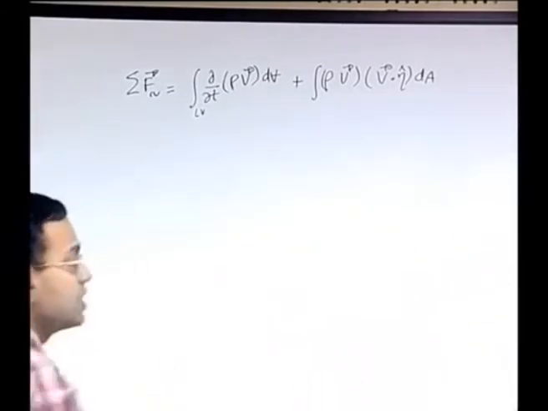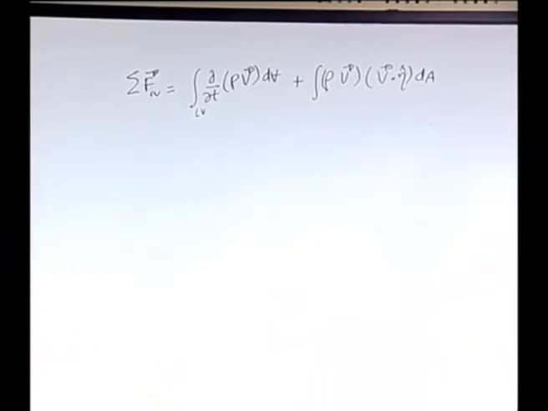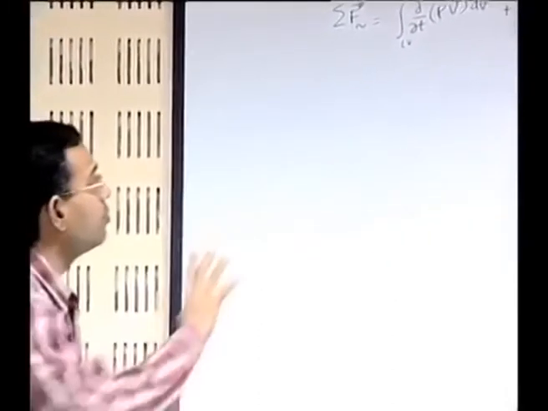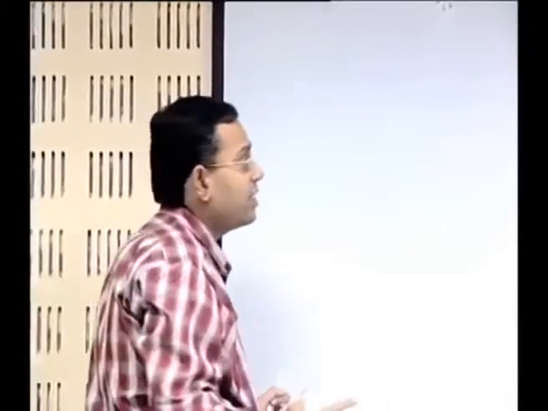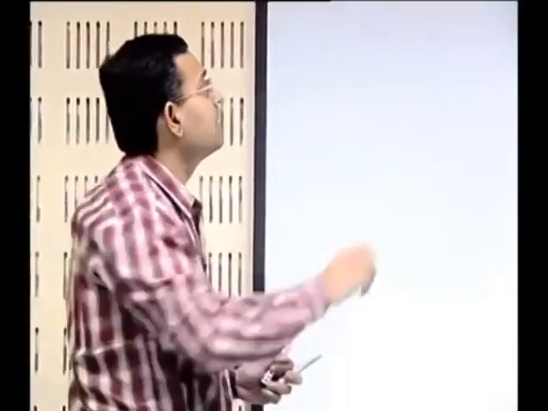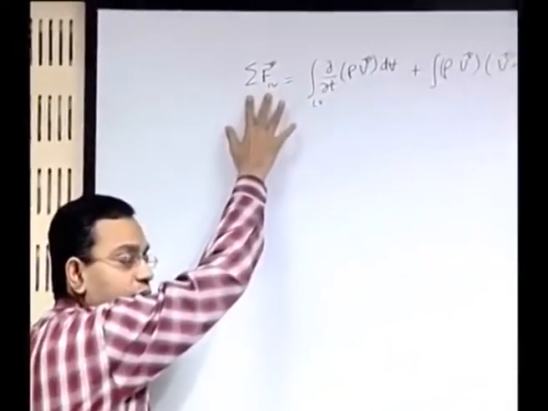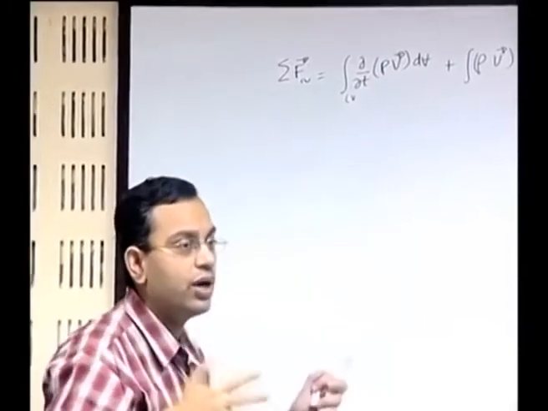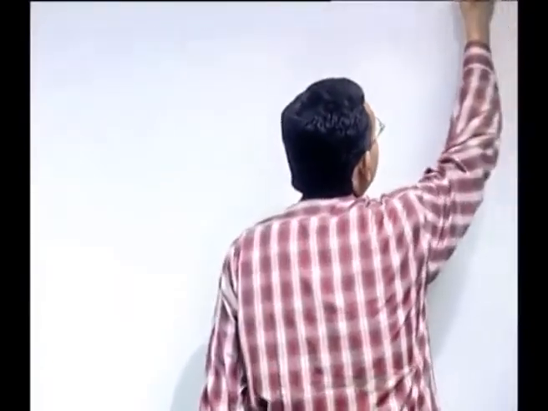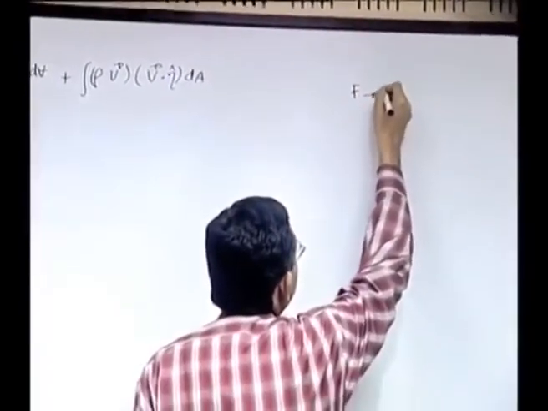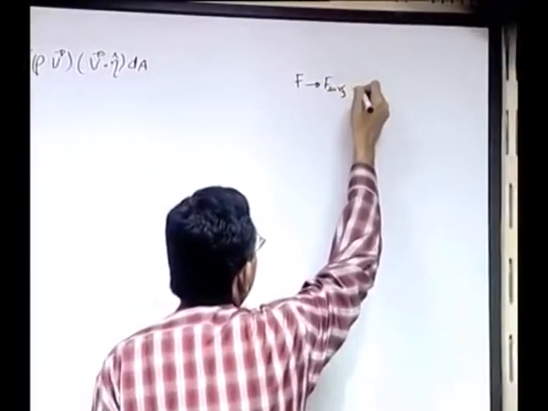Now we have to simplify it further for our special cases. To do that, we will move step by step and first see what the forces acting on the system are, because here we have just generically represented the force on the control volume, but what are these forces? So in continuum mechanics we have two types of forces. These forces are the surface forces and the body forces. So the force is surface force plus body force.